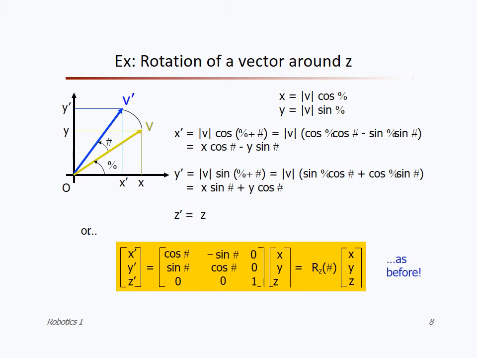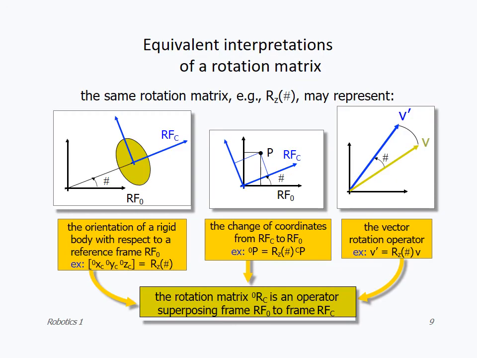Rotation of a vector around z. The last one is around x, y, z, all three axes. This one is around the z axis only. That means the z axis will stay the same, and the remaining will change with respect to the theta value. Evaluation of interpretations of the rotation matrix: these are the three common methods for rotation of joints and angles.